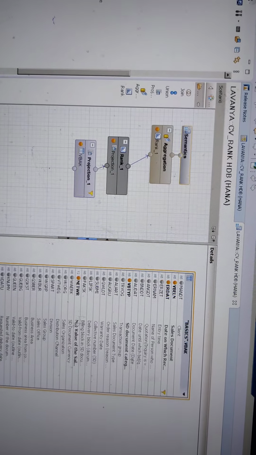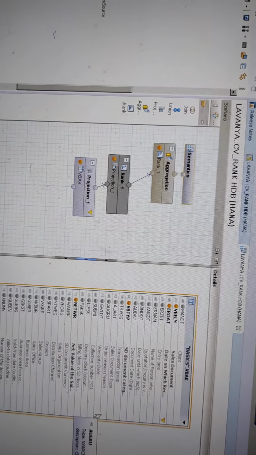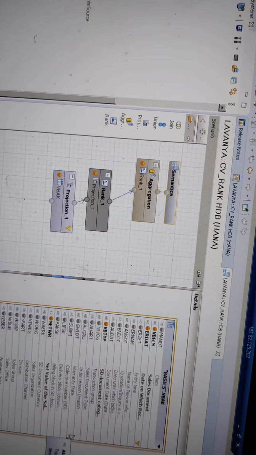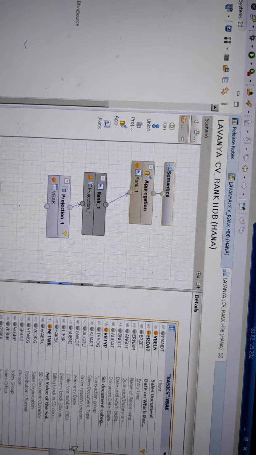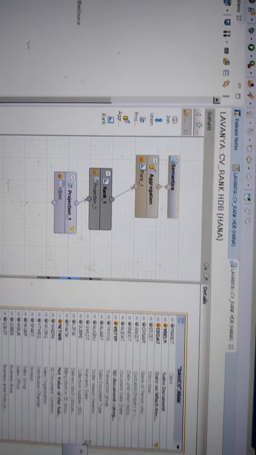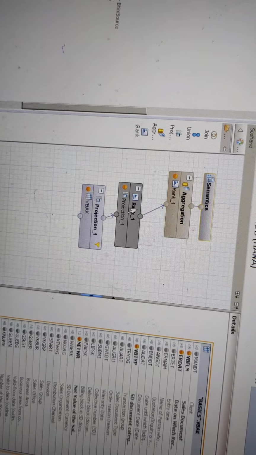Now, after selecting the required columns, basically what rank is, we are assigning the highest number. Here we are going by partitioning and ordering, right? After doing this, you need to drag a rank between the aggregation and here.